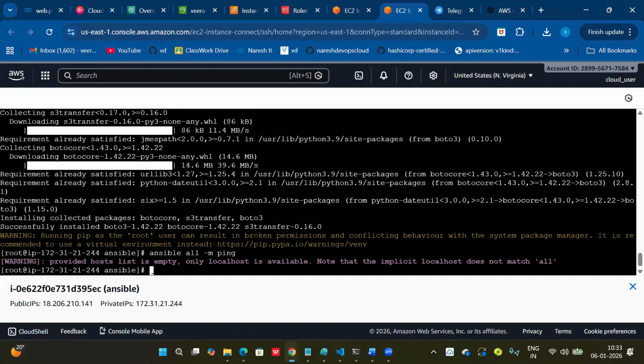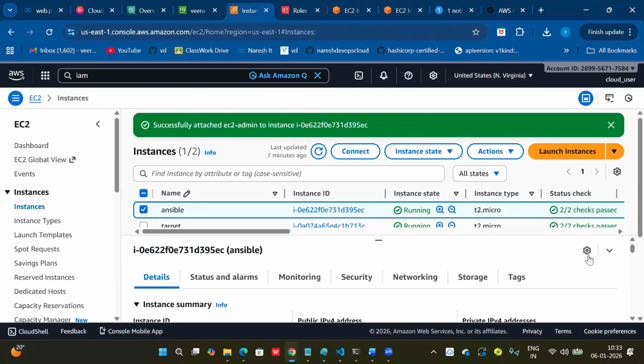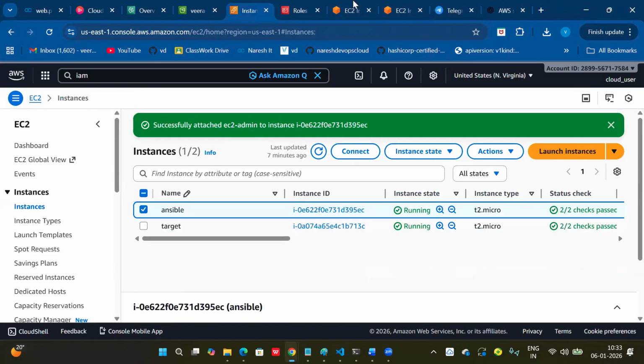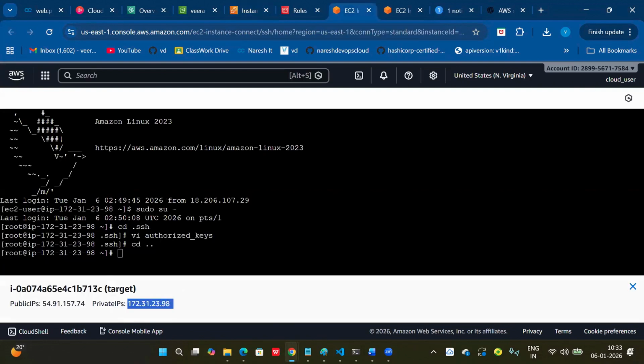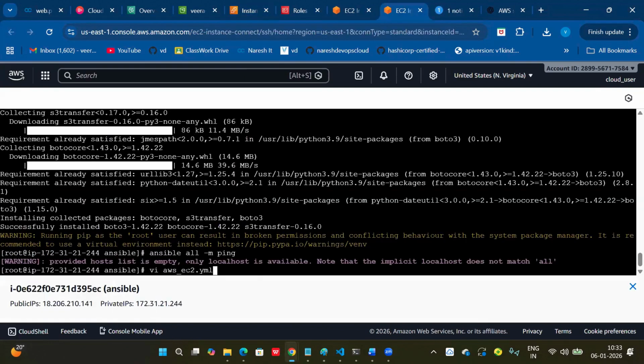But the thing is, the host list is empty, whatever list we have created. The reason is my target node name: I have given target, but in my YAML the name given is dev, right or not? Dev. So you can go and check.